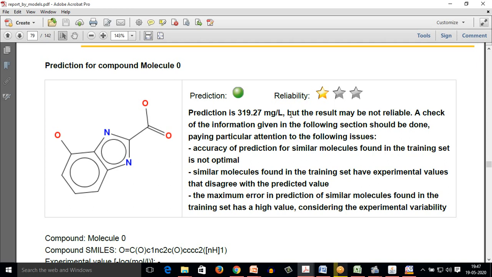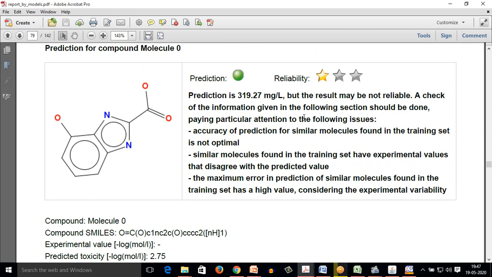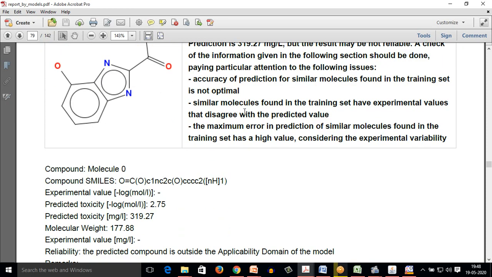319.27 mg per liter. This data is for the LC50, so we can consider that the molecule is in the safe section. If the symbol is green, it represents that the reliability and accuracy are good.